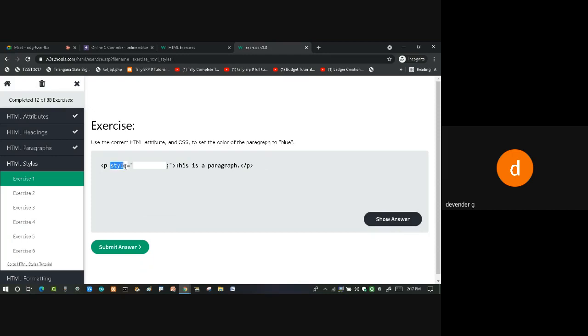So we have already covered three different types of style sheet. One more time I'm telling: we have three different types of styles. Inline style sheet, internal style sheet, and external style sheet. We call the inline style sheet also the embedded style sheet. Second is internal style sheet. Third is an external style sheet. So he wants a color for the particular text.